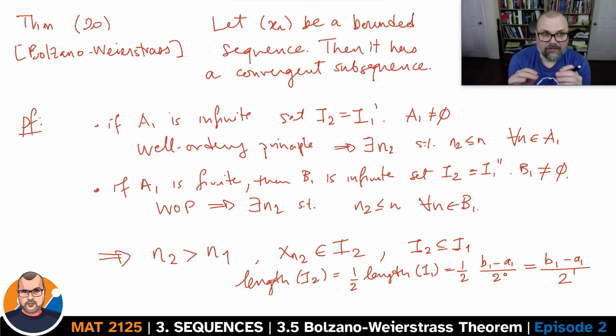And so we will have a subsequence where each term belongs to an interval which is nested inside a sequence of intervals. And all of the intervals have a length here which will shrink by 2 at every step. So the infimum of these lengths will go to 0, and then we'll be able to use the nested intervals theorem to show that the intersection of these intervals is not empty, and in fact it is a single point, and that single point will be the limit of the subsequence. But let's try to formalize that a little bit.